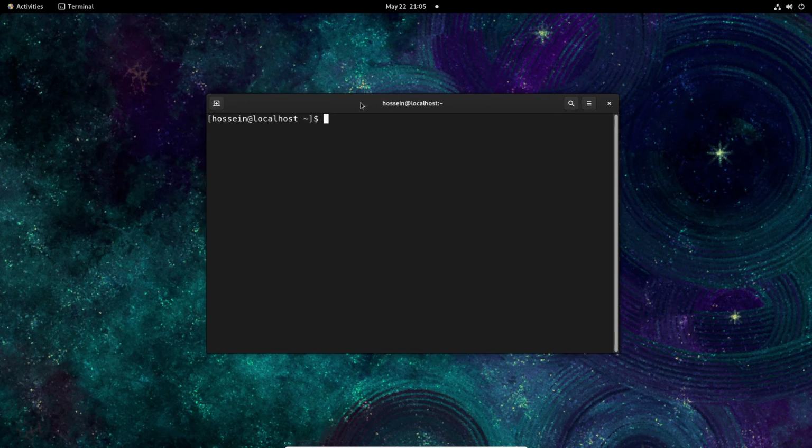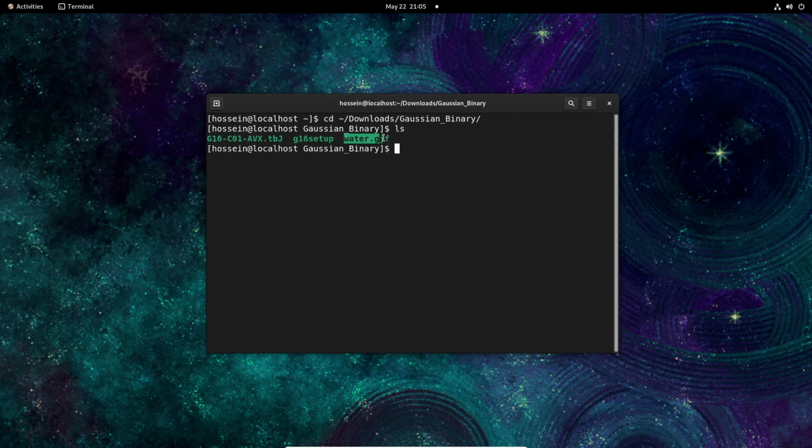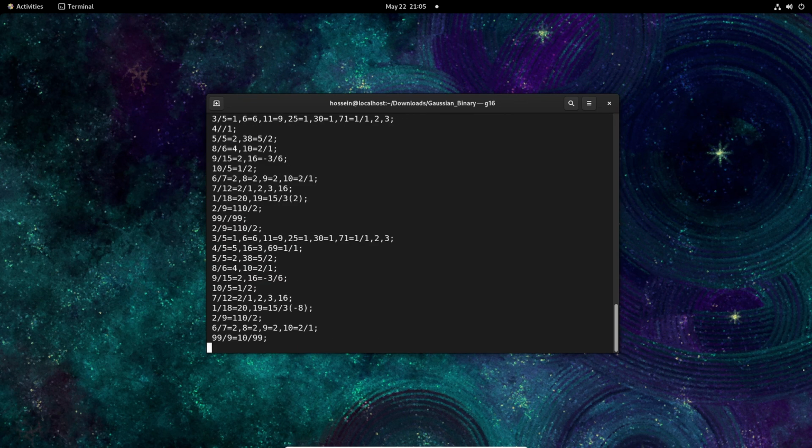Okay, if you don't see any error, check the Gaussian by a test file, and I have a test file in the Downloads/Gaussian/binary folder. Okay, this is a test file, water.gjf, and I can run the job by this command and enter.